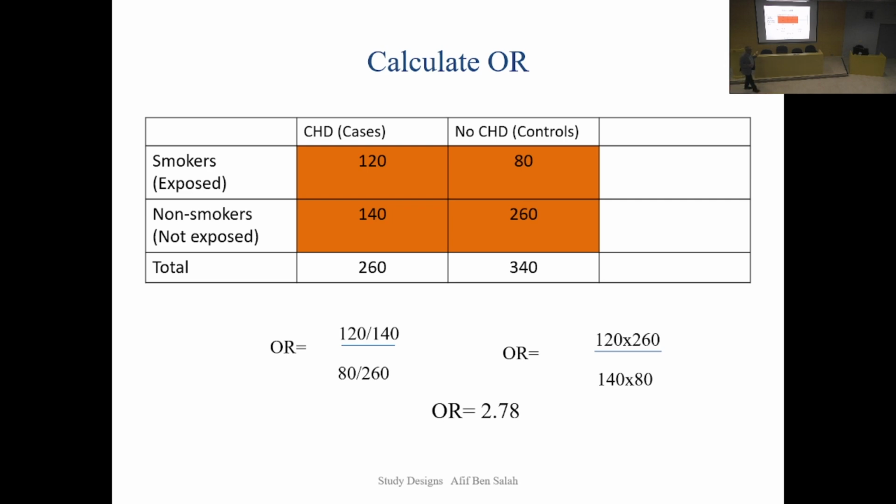How can we read this? What is the conclusion when you find an odds ratio with this value 2.78? Positive association between coronary heart disease and smoking, and smokers are 2.78 times exposed. Patients of coronary heart disease are almost 3 times exposed to smoking, or more simply, smoking exposes 2.78 times to